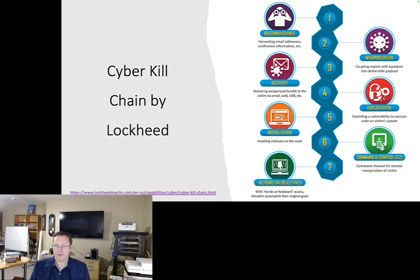So they broke it down to these stages of recon, weaponization, delivery, exploitation, installation of the actual malware, command and control, action on objectives. And this isn't bad. It helped a lot. And for years, it added a lot of clarity to the process. It's still useful, still good to teach beginners about. I still sometimes think of this kill chain when it applies to something. But